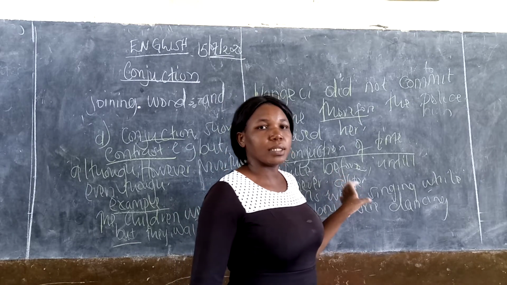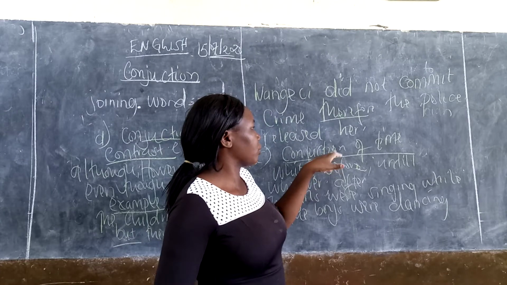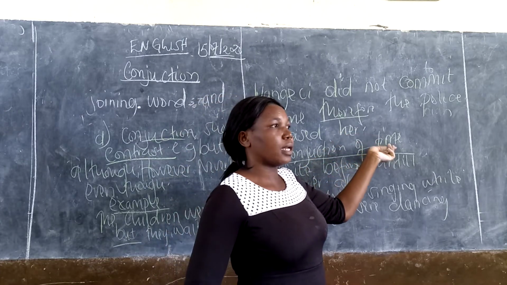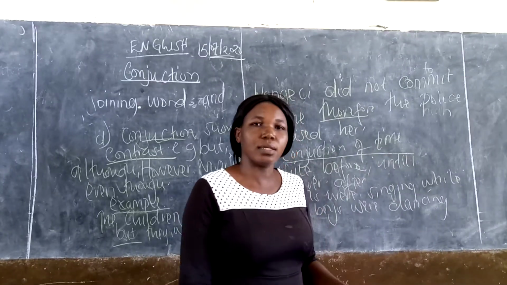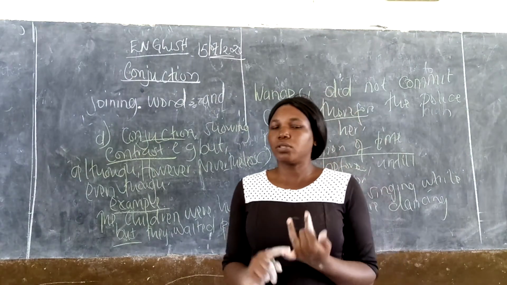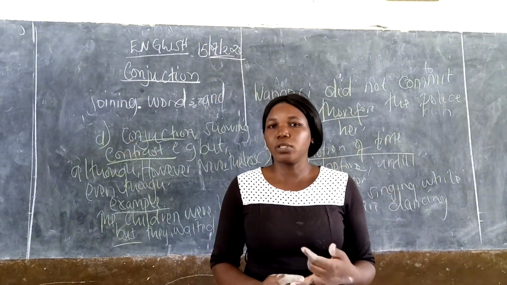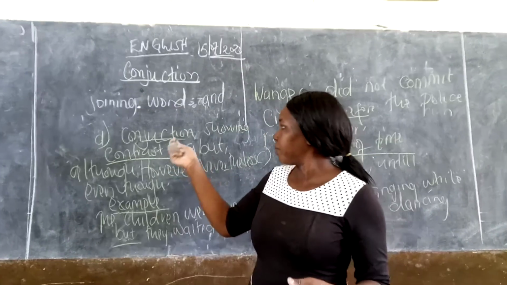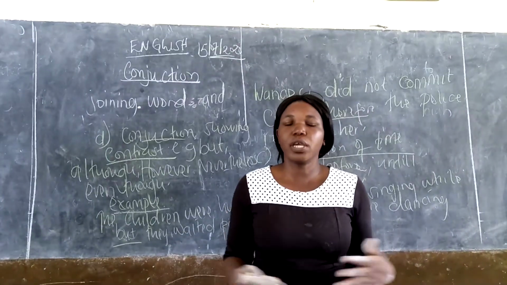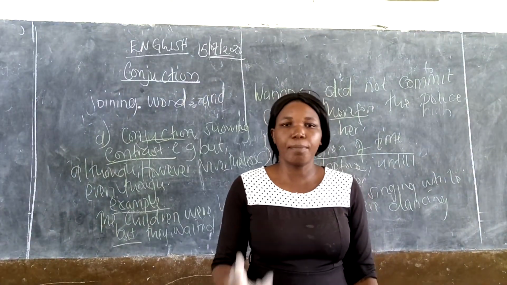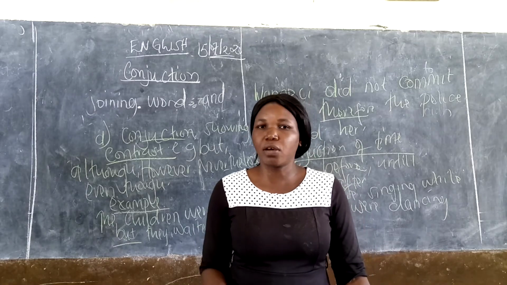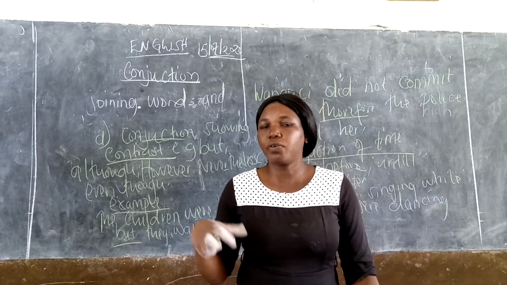This is where you are supposed to use this. You have to know whether this conjunction is a conjunction of time, or of contrast. Are we talking about two different things? That is why in a broken passage, you have to read the whole passage first before you answer